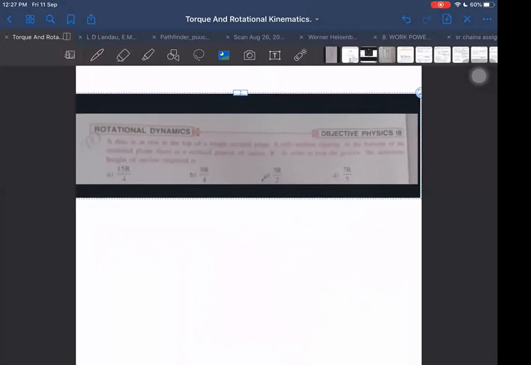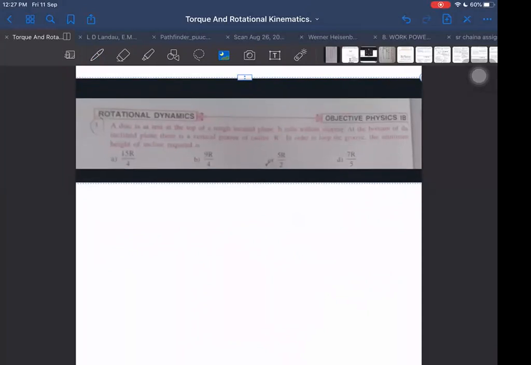Disk is at rest at the top of the rough inclined plane. It rolls without slipping. At the bottom of the inclined plane, there is a vertical groove of radius r, and the disk is at rest at the top of it. In order to loop the groove, the minimum height of the incline required is...